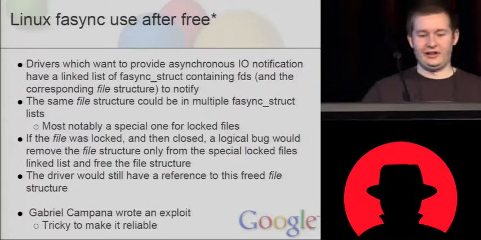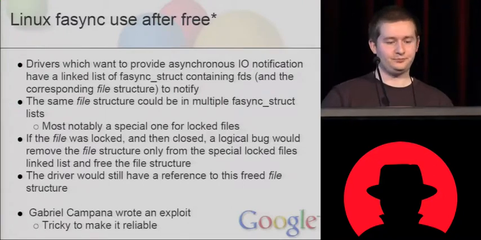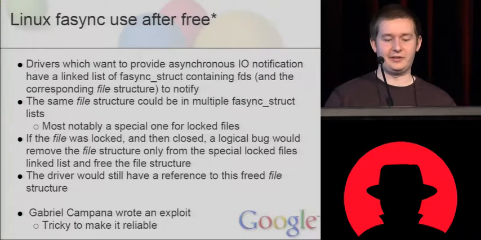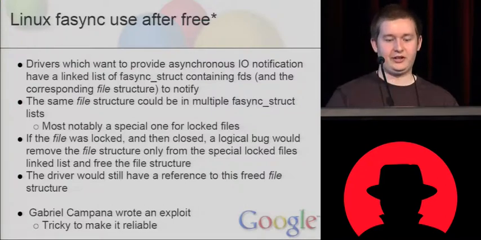So another interesting Linux bug that we worked on was a use after free in the Linux fasync subsystem. If a driver wants to provide asynchronous I/O notification, they have a linked list of fasync structs that contain the FDs and the corresponding file structures that they want to notify when I/O is available. It turns out the same file structure could be in multiple fasync struct lists, and there was a special one